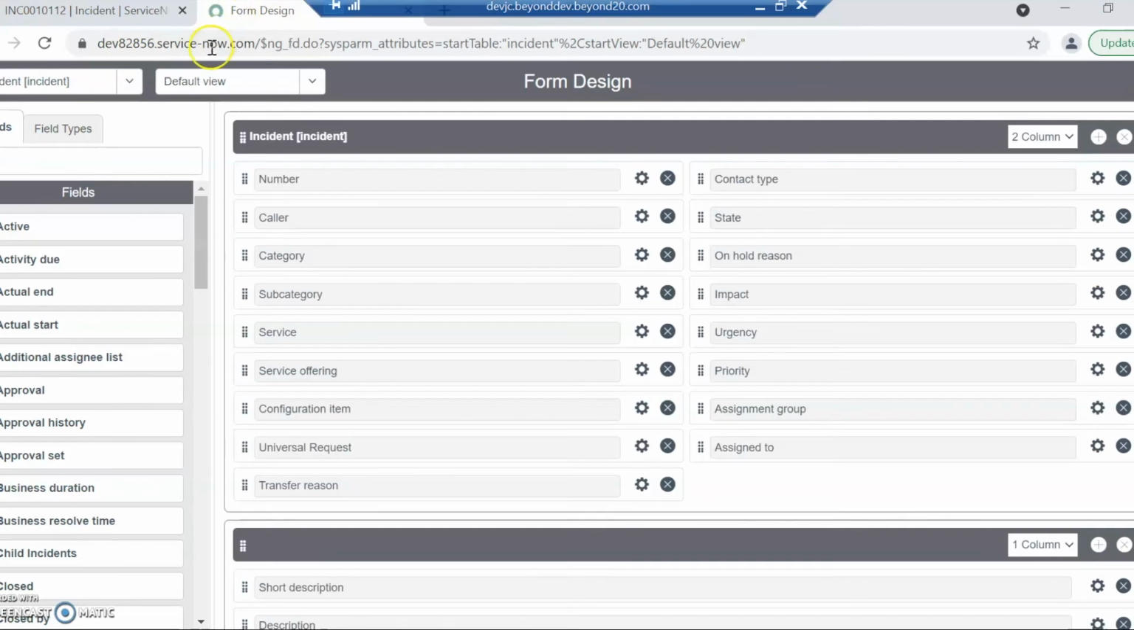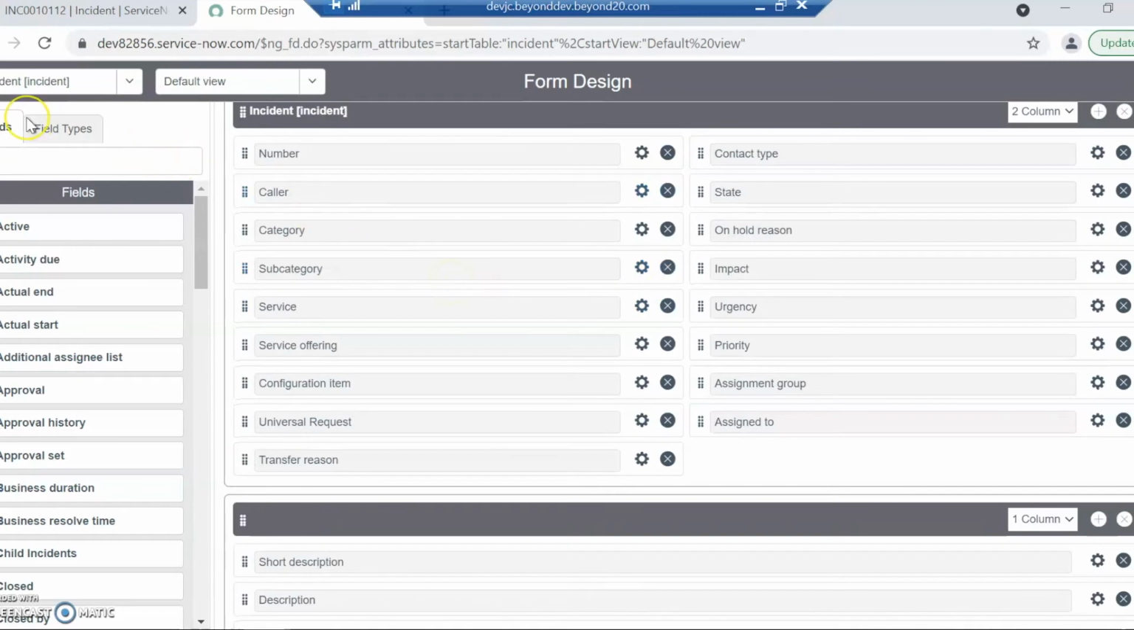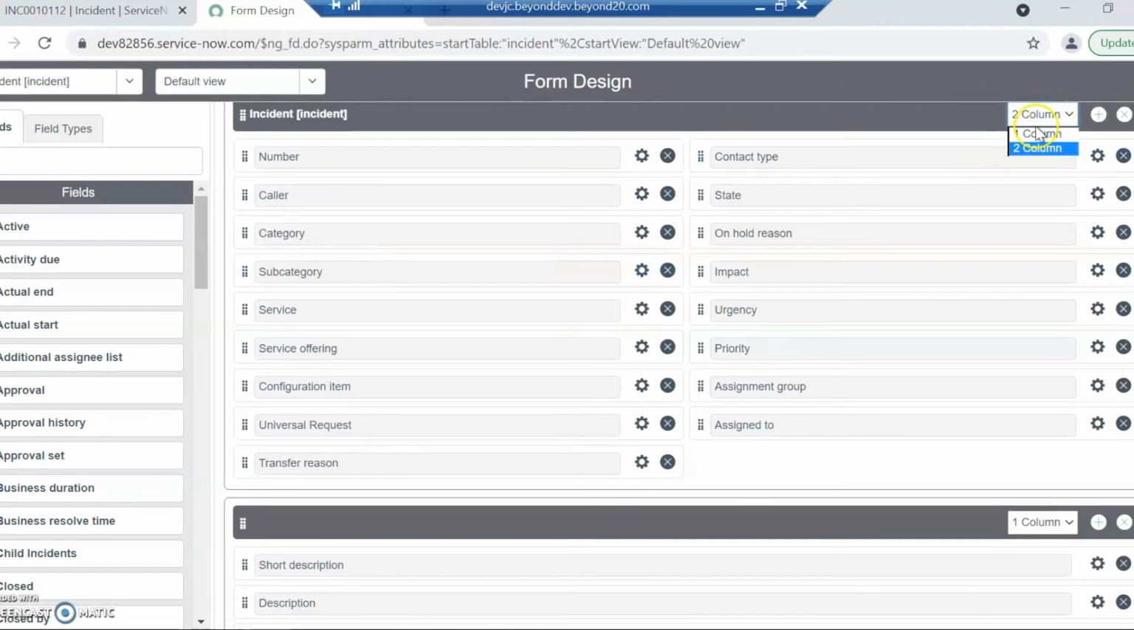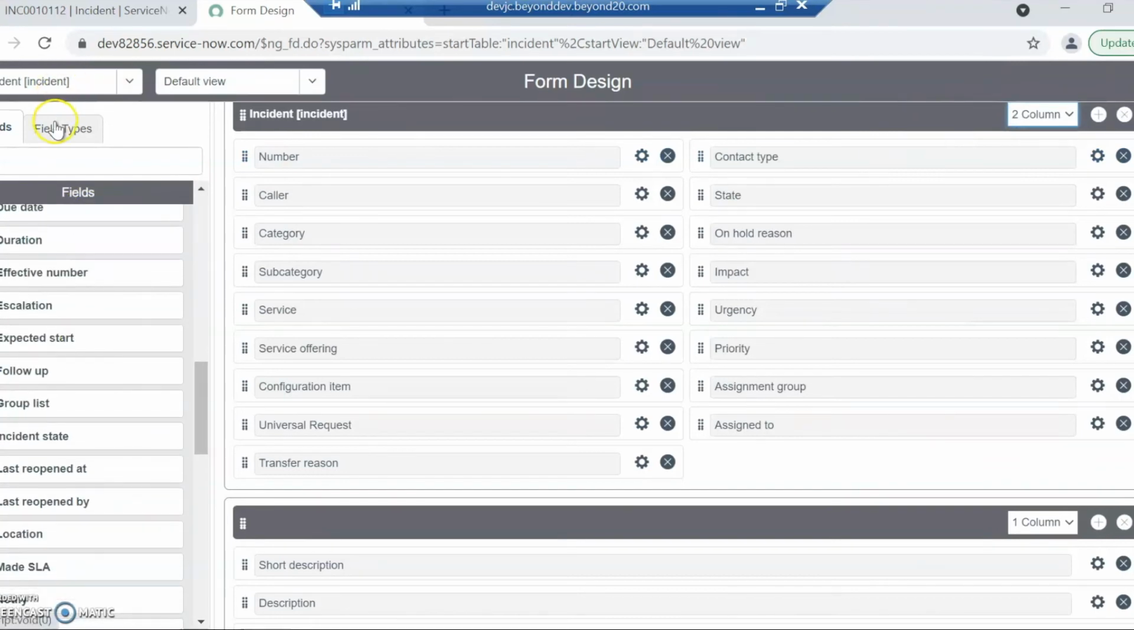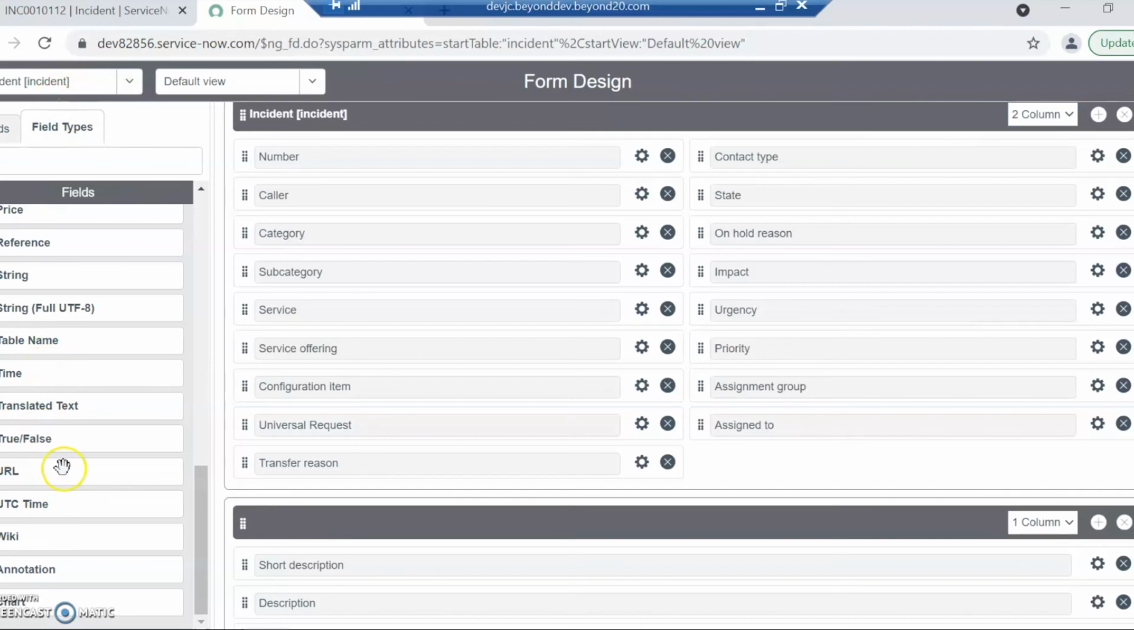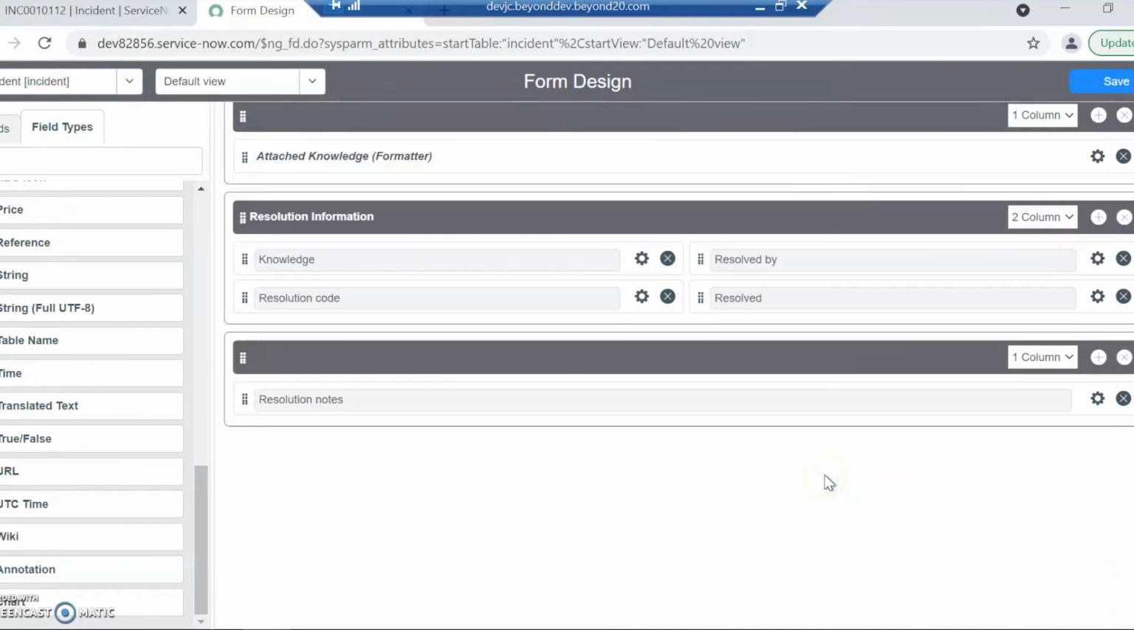So taking a look at form design, it has a pretty similar, I guess it's not quite similar, look and feel. What we have is we can choose the number of columns for the different sections. Here we see the different fields. And then here we see the different field types. So if I want to add a true false field down here,